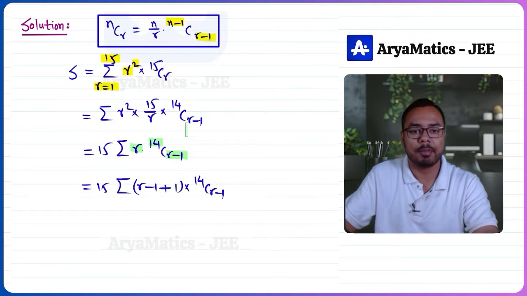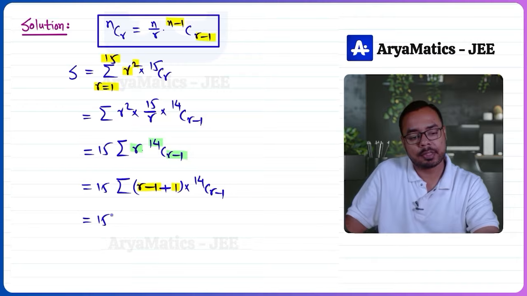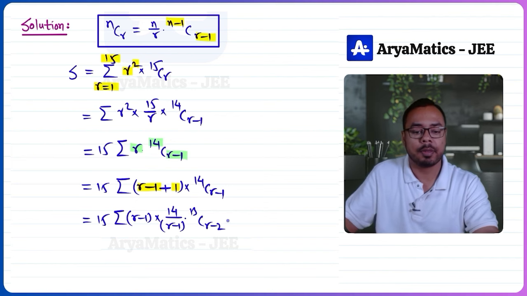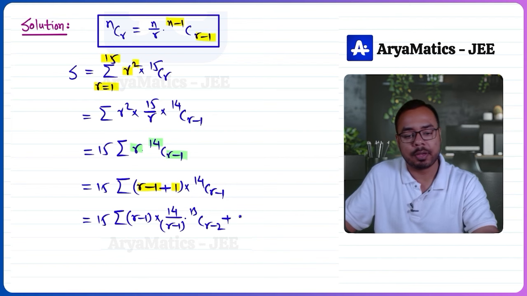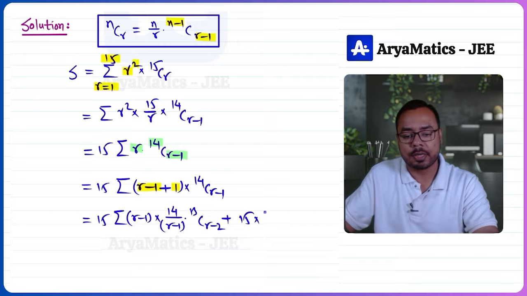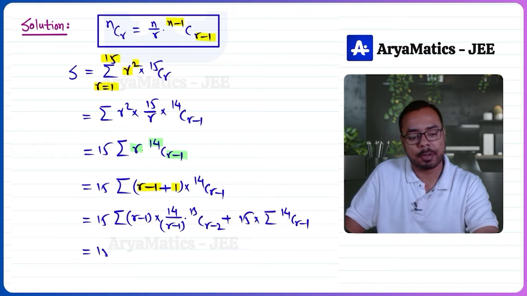So this is, once again, a very important step. r minus 1 is one term, and plus 1 will be another one. Now we can write this as 15 sigma (r minus 1) multiplied by 14Cr-1, and this you can write as 14 by (r minus 1) times 13Cr-2, and the other term will be 15, you can keep common, and then we have 1 into this term, so that means sigma 14Cr-1. Now you can see this r minus 1 we can cancel, so ultimately we have